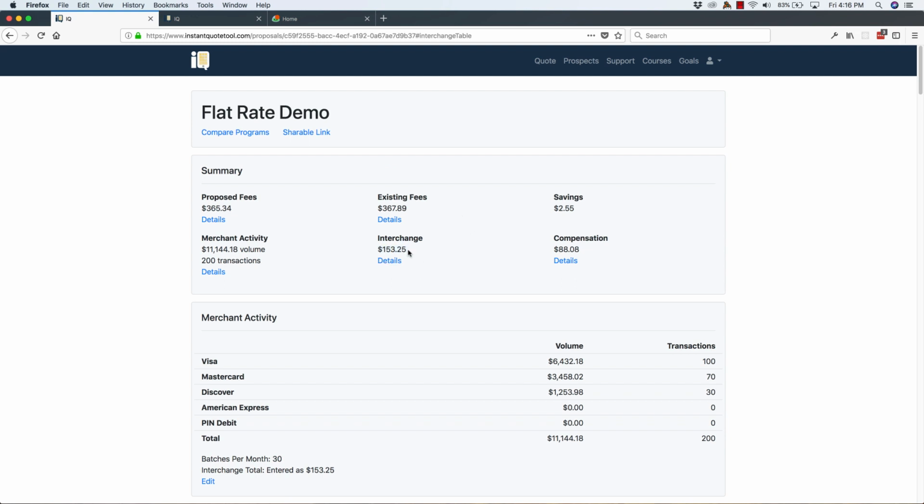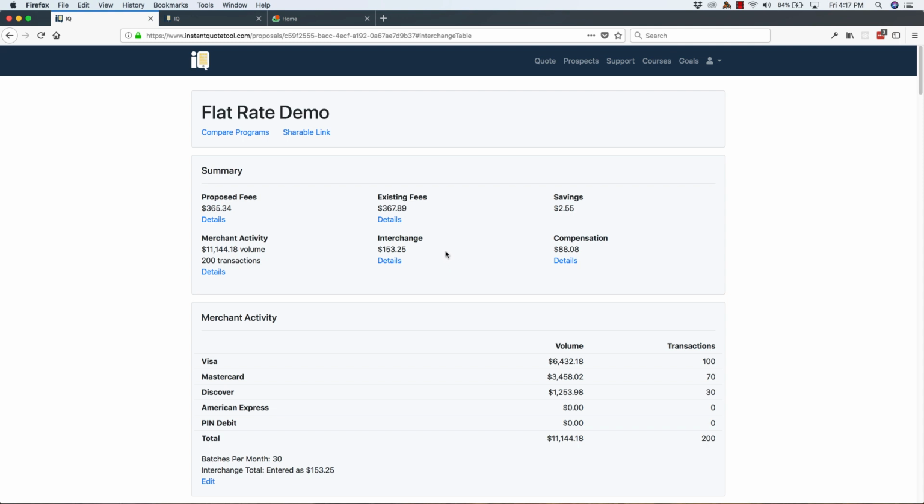153.25. Now, for those of you that are maybe newer to the industry, you may say, why on earth is that important? It is crucially important. The main reason is because our solution now supports tier pricing for ISOs. So we can now do a tier pricing map. We still don't have that for individual users simply because we don't have a tier map. What one processor might consider mid-qualified, another processor might consider non-qualified. So we do have to work with the ISO to get the map correct, but you can now